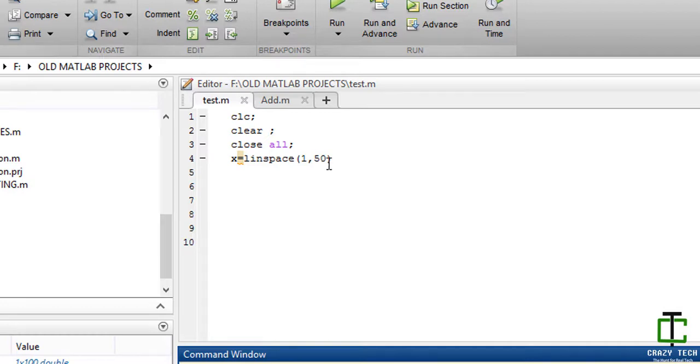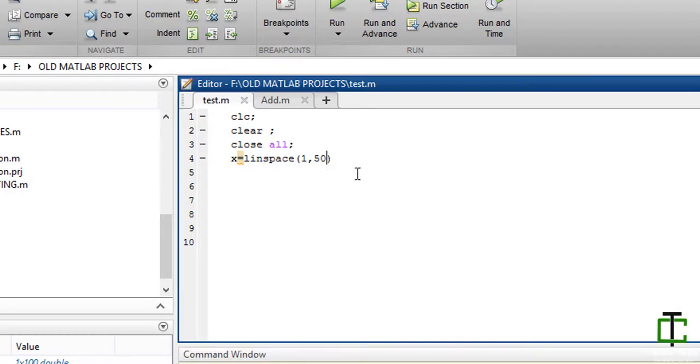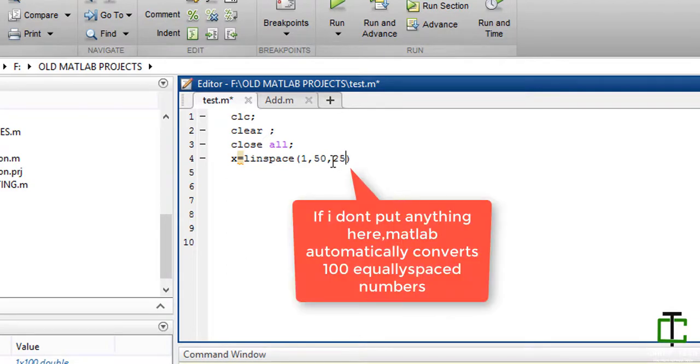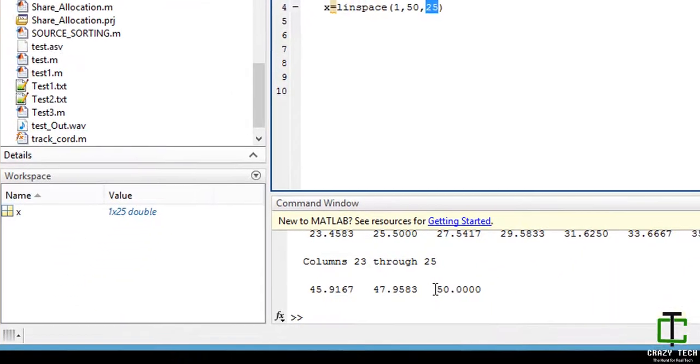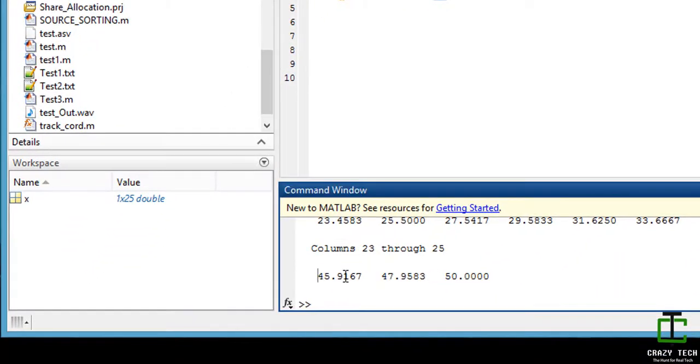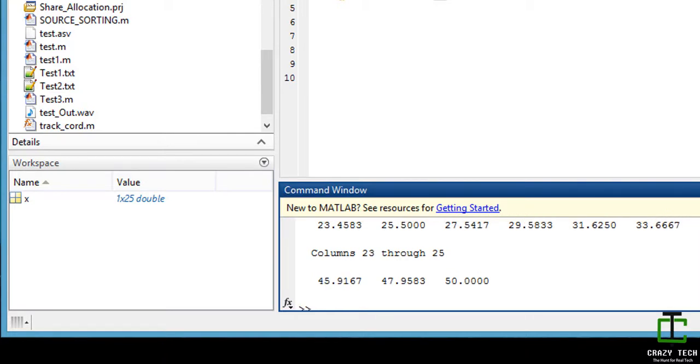Okay, let's say I want to divide 1 and 50 into 25 equally spaced numbers. So here I have to give 25. Here you can see x is 1 cross 25 double, and you have equally spaced 25 numbers.